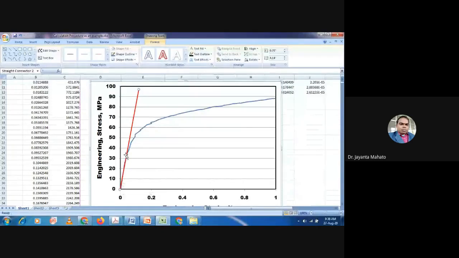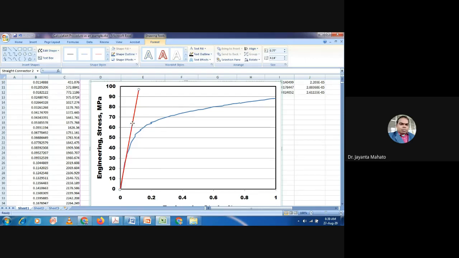Proportional means the material will first elongate linearly up to the proportional limit. So draw a linear line starting from zero and passing through the proportional limit.